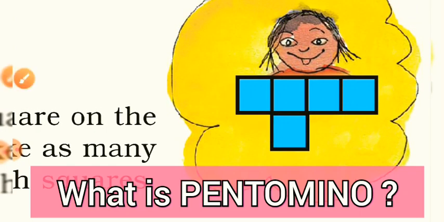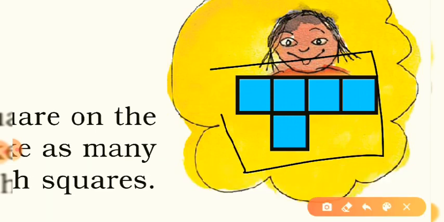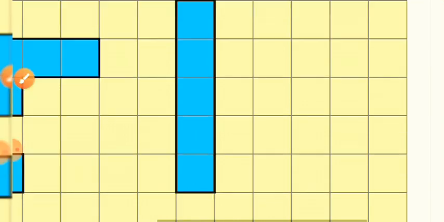What is pentomino? You can see a picture we have here, and it has 5 squares, and all its edges, meaning sides, are connected to each other. They all have the same area, meaning they are the same. This type of polygon is known as a pentomino. If you want to define it, you can write that a pentomino is a polygon in the plane made of 5 equal sized squares connected edge to edge. Clear? Now come to the question in the next page.